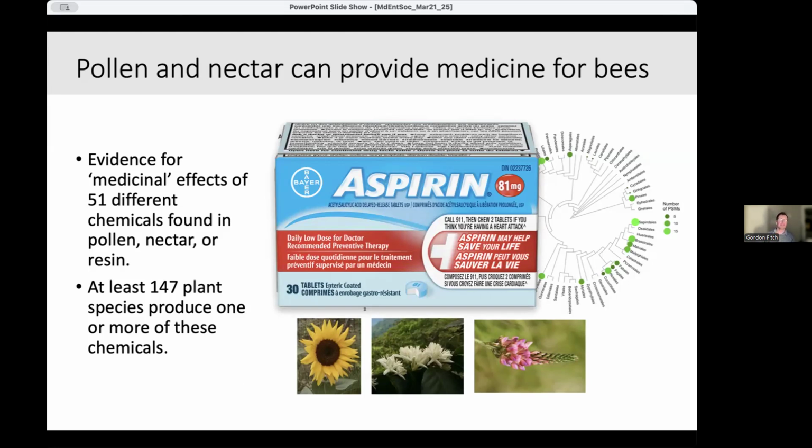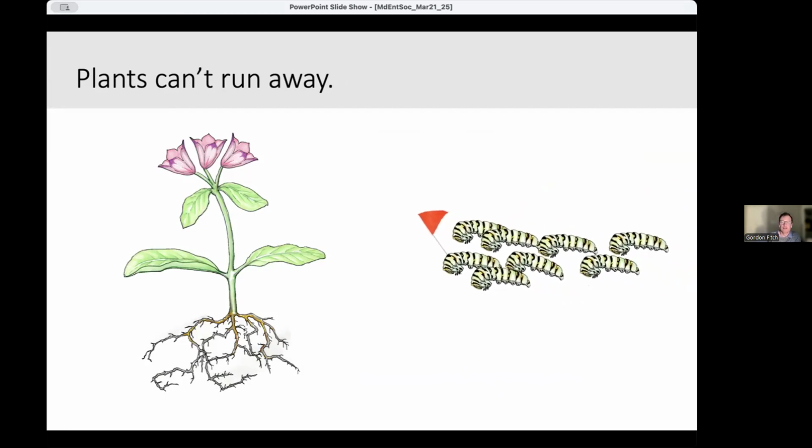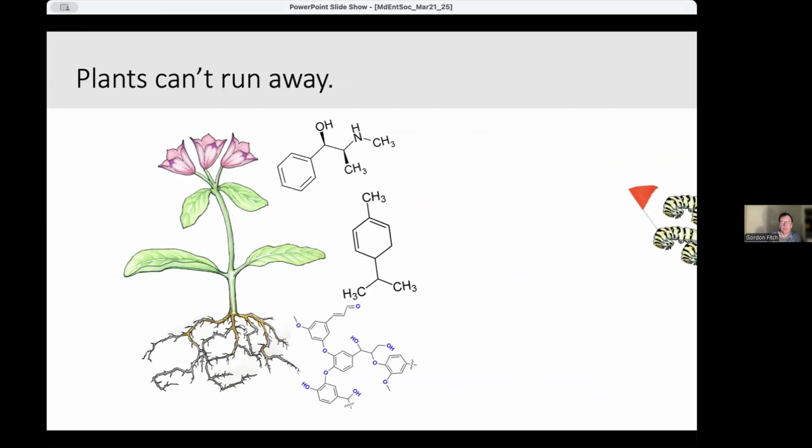But humans have used plants for probably millennia to combat diseases of our own. Which raises the question, perhaps, why do plants provide such a rich source of medicine? It's probably not out of the goodness of their heart, but rather due to the fact that plants can't run, and yet they have a lot of things that are very happy eating them. And so they have to come up with other approaches to dealing with those enemies. And one of the most effective approaches that they've come up with is chemistry.